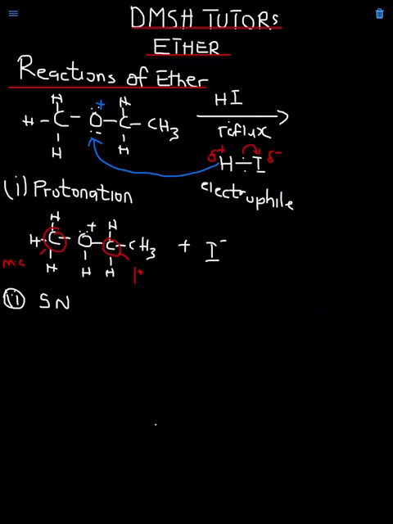Primary carbon, and this is a methyl carbon. Okay, so the very thing is this: the iodine will go to a less substituted carbon. Look at that, a less substituted carbon. And in this case now, the iodine, instead of coming to primary carbons, it's better to come to what? To a methyl carbon from the back.